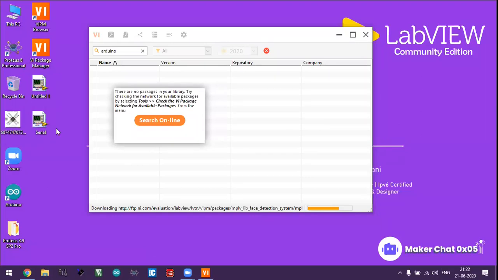You can just run the whole thing in the opened LabVIEW software. No, you can't create any exe or Android app. So basically, it's just a limitation due to the community license. Yes, this is just for learning purposes.